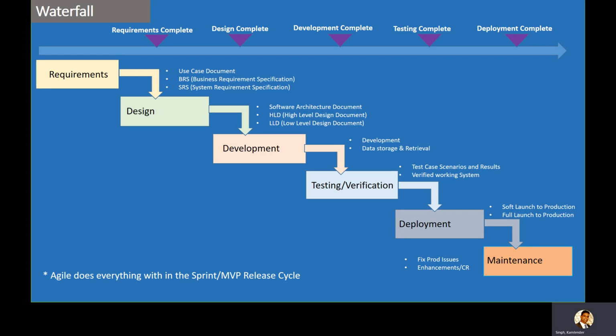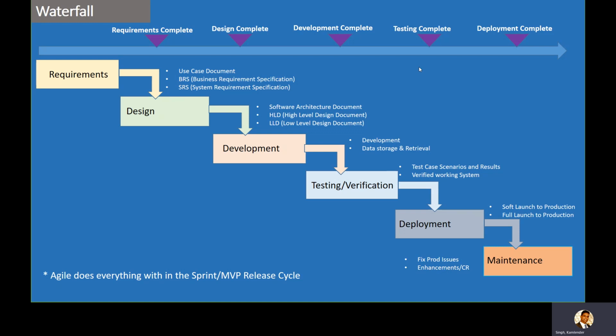So now in the testing phase, all these verifications are done both at the quality analyst level and at the user level: the user acceptance testing, and all the different kinds of testing, regression testing, performance testing, integration testing. Everything is done to make sure that the project is of the quality expected.